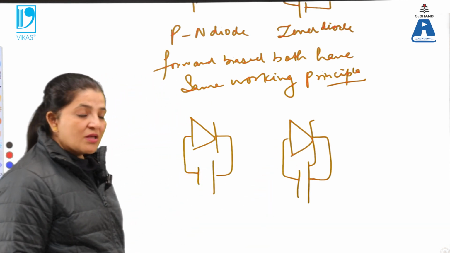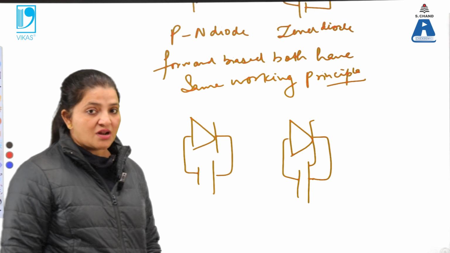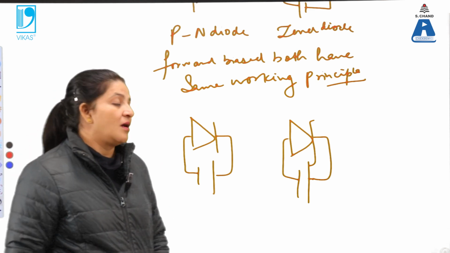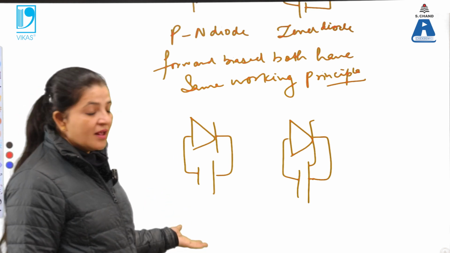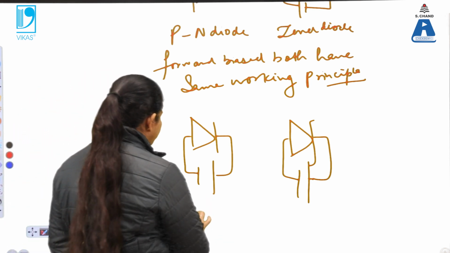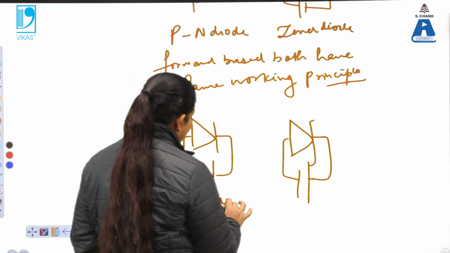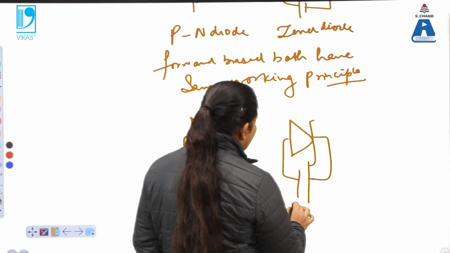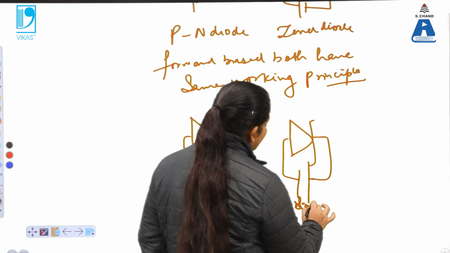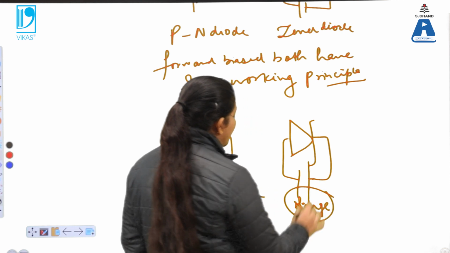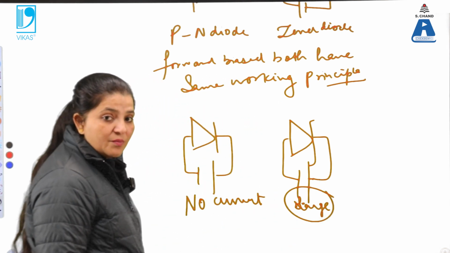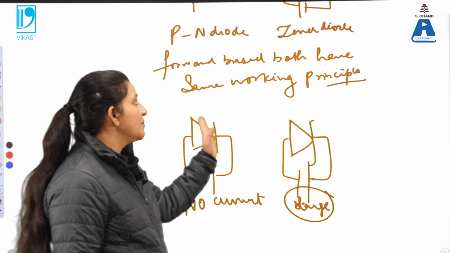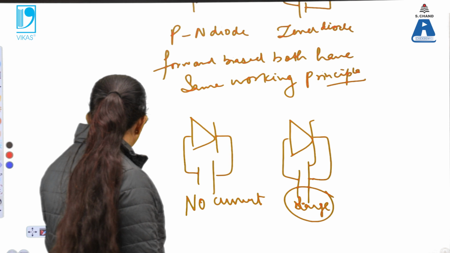Due to heavy doping, a large number of minority charge carriers are also present, and due to that we get a current in the reverse bias, while in the PN junction diode, when it is reverse biased, there is no current. In this case there is a large amount of current, due to the presence of a large number of minority charge carriers from heavy doping. So this is the main difference, and one similarity, between the Zener diode and the PN junction diode.